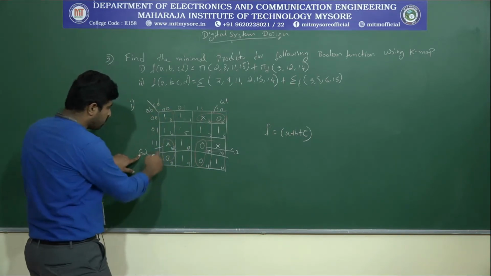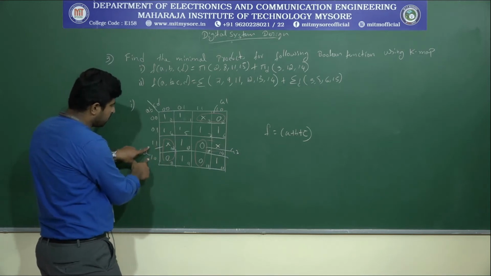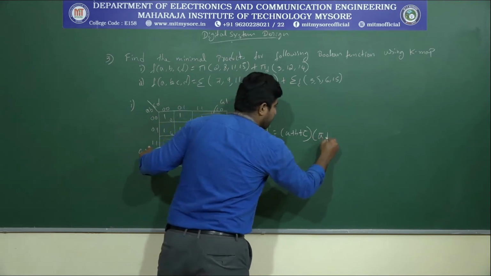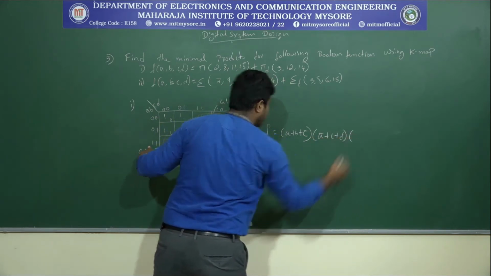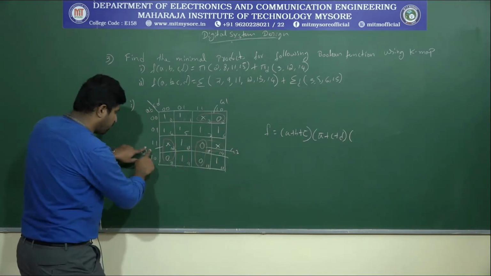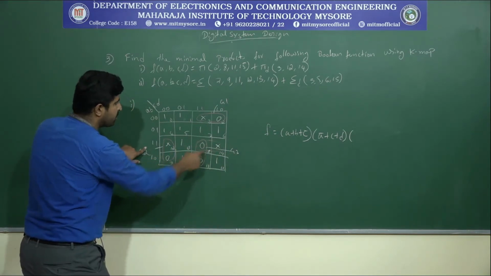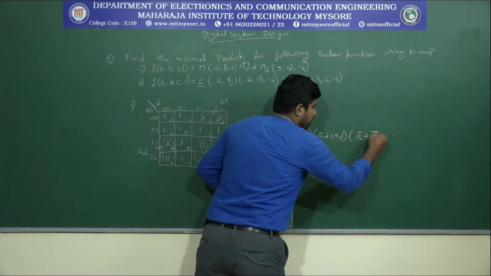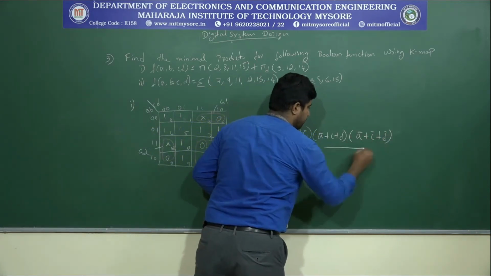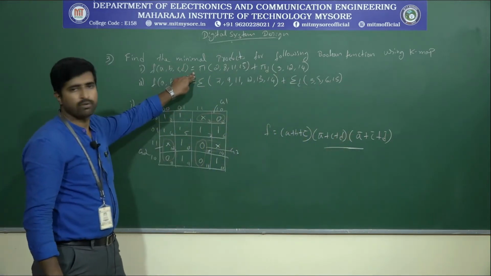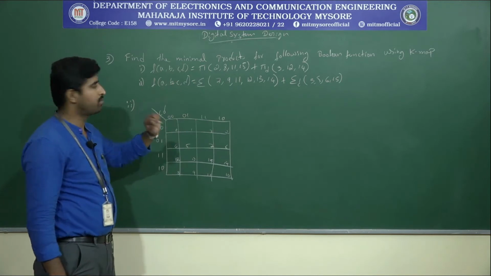Then group 2, so here A equals to 1 and C, D are 0 0. That means A bar plus C plus D, into, so one more is there, group 3. So we correspond to this A only, A equals to 1, that means A bar. So here C, D. So this is equals to A bar plus C bar plus D bar. And this is the simplified expression for the first problem. Okay, let's take the second problem.